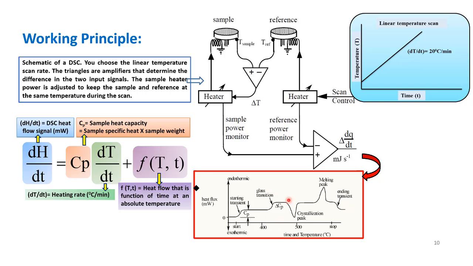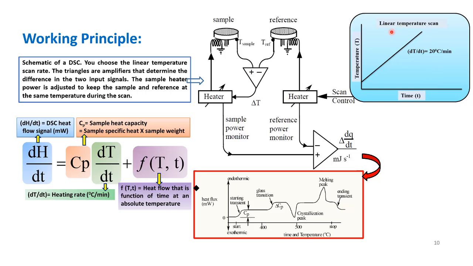So that is the delta Cp which we can get from here. Then there is a dip in the peak. That means the reaction is either heat dissipating or... the dip means the energy is dissipating, and the increase, or the peak, means the energy is being taken. So the system is taking the energy, and then there is an ending transient.